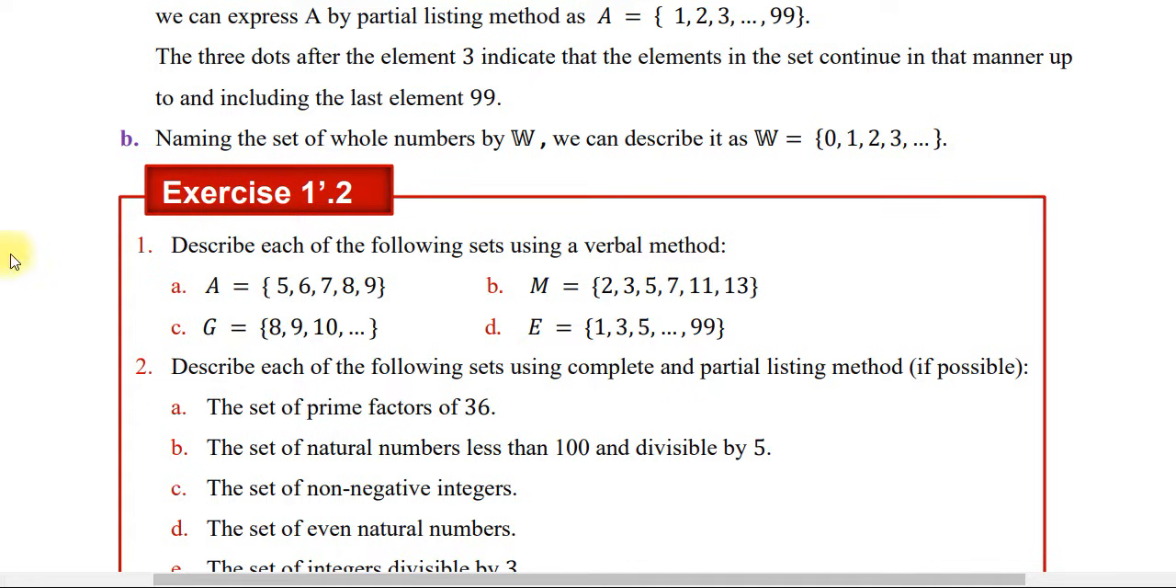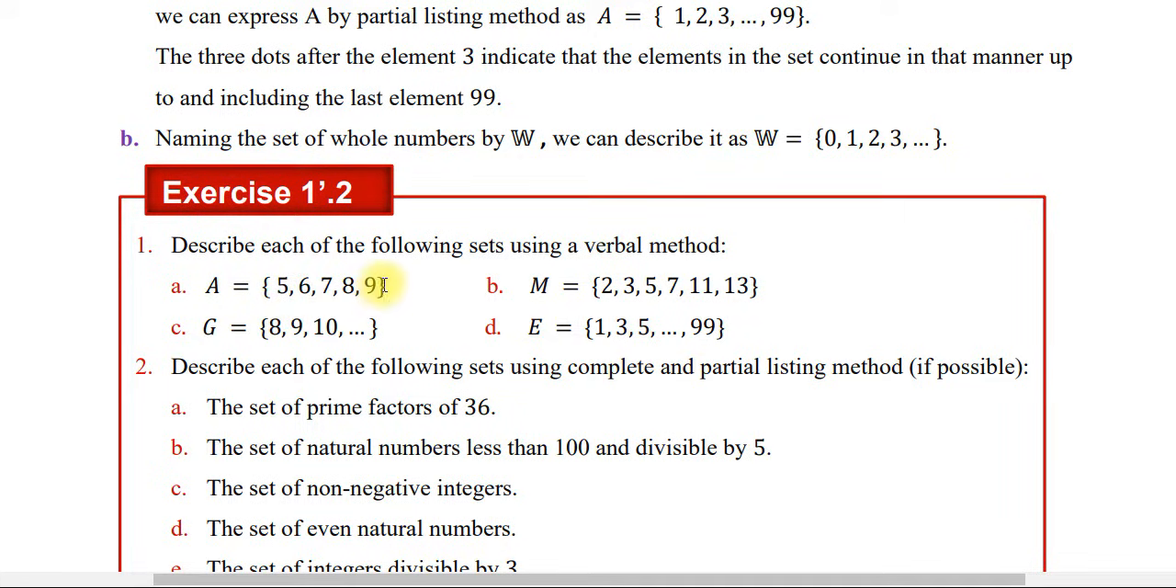ኦኬ ፋይን። ኤክሰርሳይዝ 1.2 ላይ ደርሰናል። ኤክሰርሳይዝ 1.2 ደግሞ የተወሰነ ሃይላይት እያየን እናልፋለን ኤክሰርሳይዞችን። ያ ማለት በቃል የሚሰሩ ኤክሰርሳይዞች ከሆኑ በቃል እየሰራ እናልፋለን። በቃል የማይሰሩ ከሆነ ደግሞ ኤክሰርሳይዝ አካውንት ከስር የተቀመጠ አለ። እሱን ሰብስክራይብ ስታደርጉልኝ ኤክሰርሳይዞችን እየሰራው እመጣለሁ ማለት ነው። Then first question, describe each of the following sets using verbal method. verbal method ማለት እንግዲህ English statement form ማለት ነው።